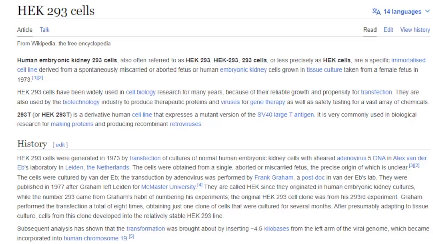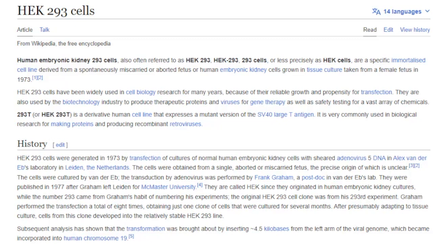But I think the key thing is that it's an immortalized cell line, which means it's been modified to grow indefinitely in the laboratory, unlike cells in nature, which die after a period of time undergoing senescence. So these are essentially kind of like cancer cells, and you should consider them genetically modified, and they don't resemble what would be in a real human kidney or even in the human kidney of a developing embryo.